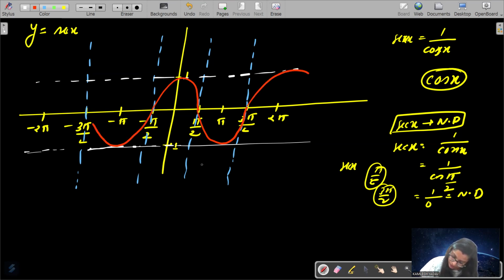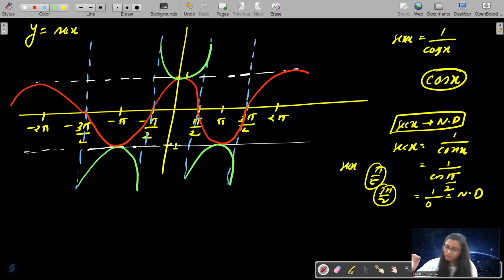Then here, minus pi by 2, minus 3 pi by 2, and so on. So now the graph of sec x lies between pi by 2 and minus pi by 2, minus pi by 2, minus 3 pi by 2, and this way. Okay, so